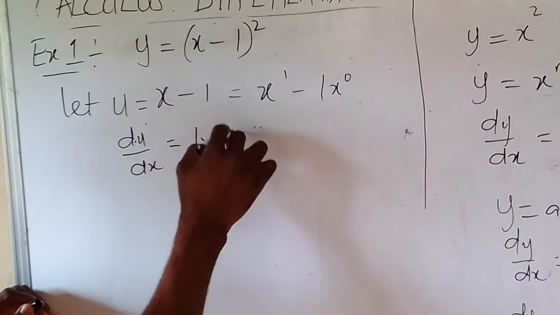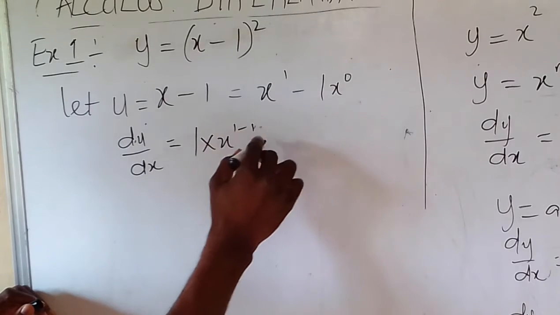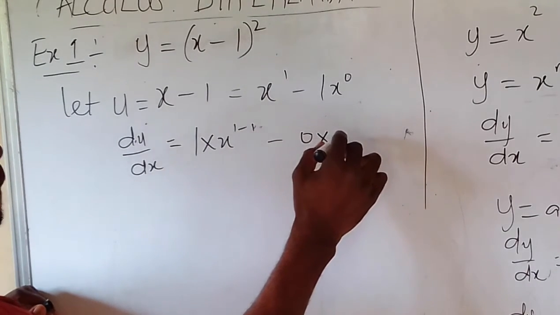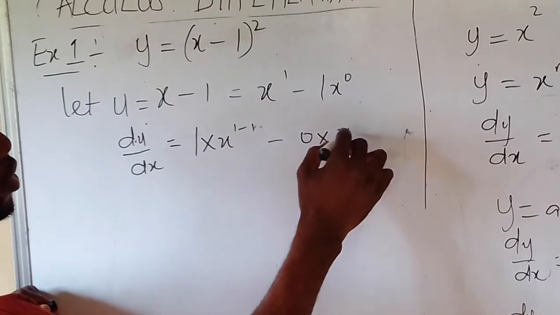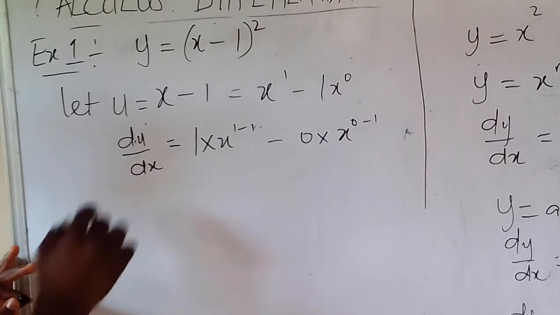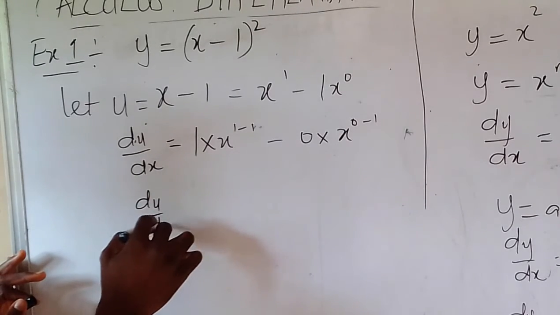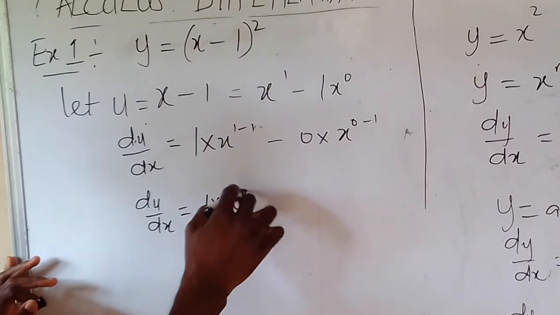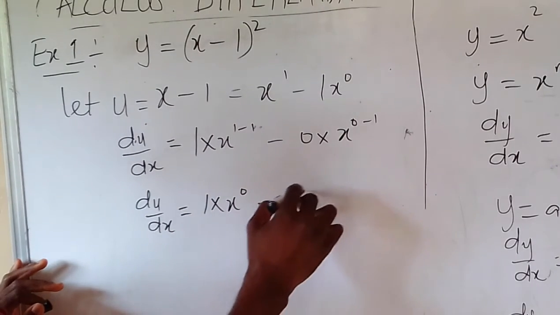Now, du/dx becomes 1 times x raised to the power 1 minus 1, for this one, minus 0 times x, or 0 times 1x, whichever, raised to the power 0 minus 1. Now, du/dx in that case gives us 1 times x raised to the power 0 minus 0 times